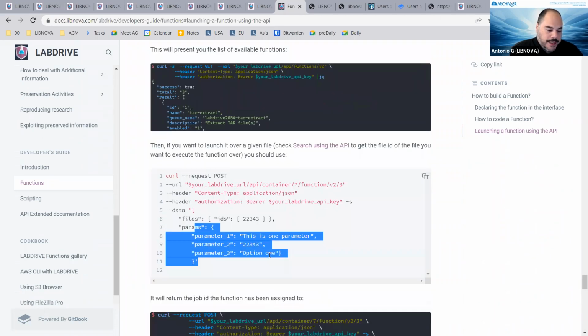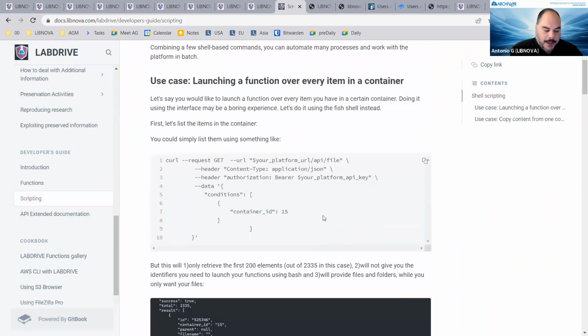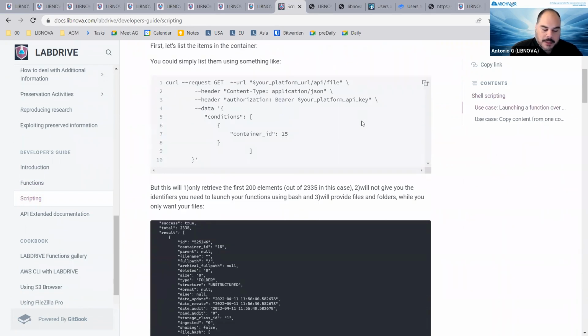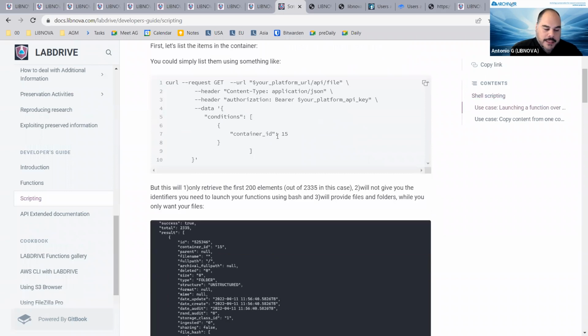So in the middle way of these functions is the scripting. So as you have those curl commands and so on, you have several use cases that may come handy, and that with a very little scripting, you can do really complex or really powerful processes. So let's say that you have a function that is going to convert a file format to another, but you would like to run it over every item in your container. You can easily create,